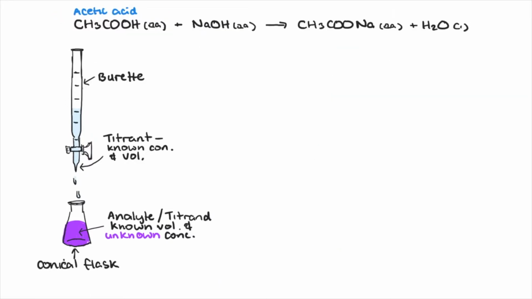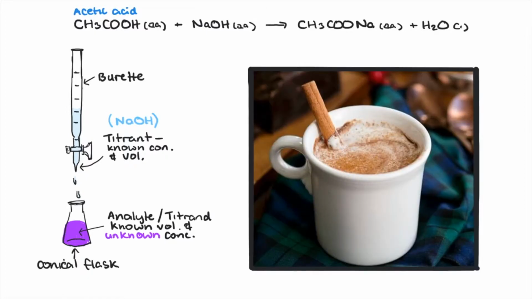So, the exact acetic acid concentration can be determined by reacting it with sodium hydroxide solution of a known concentration, like the exact amount of moles per liter of it to multiple sig figs. Like if you ordered hot chocolate, you'll know the exact amount of granules per liter of milk. Anyways, from the volume of sodium hydroxide solution needed to neutralize the vinegar, the concentration of acetic acid can be